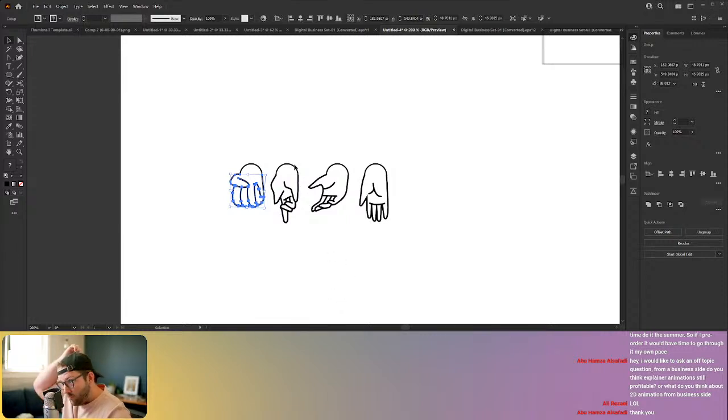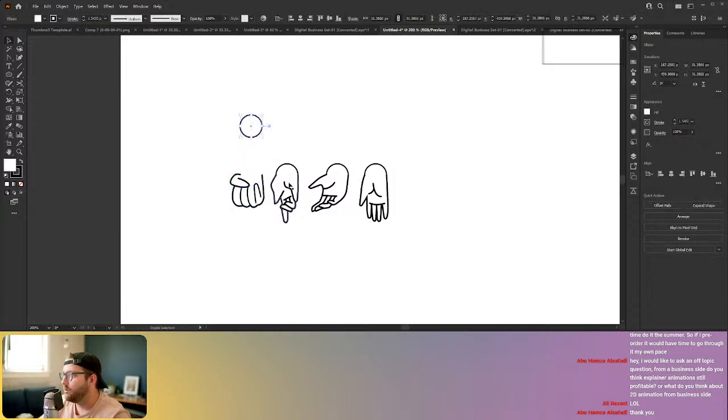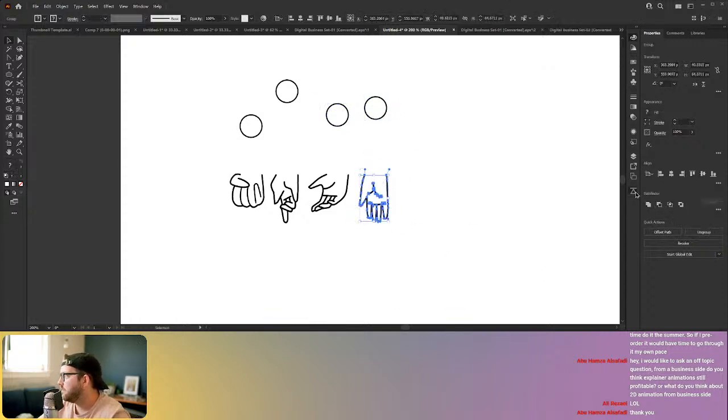Okay. So now I'm going to bring these over to After Effects. I'm going to use Overlord. Saves me a bunch of time. So I actually don't need these circles to be part of it. So start with the easiest one, Overlord. You can't see it because of the way that Streamlabs captures the software, but there's this little window here with a little button. I hit that button, and then when we go over to After Effects,